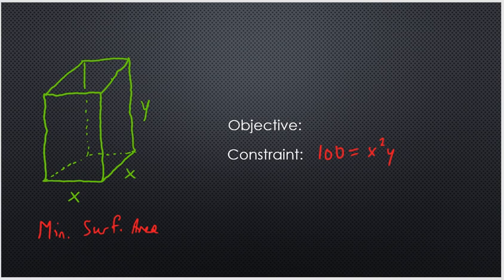Typically the box would have 6 sides to it, the top, the bottom, and then the 4 outward facing sides. But the question said that this box has no top. So we don't need to worry about the area of the top. We just need to worry about the area of the bottom and the 4 outward facing sides. So the area of the base, length is x, width is x. So the total area is going to be the area of the bottom, which is x squared,